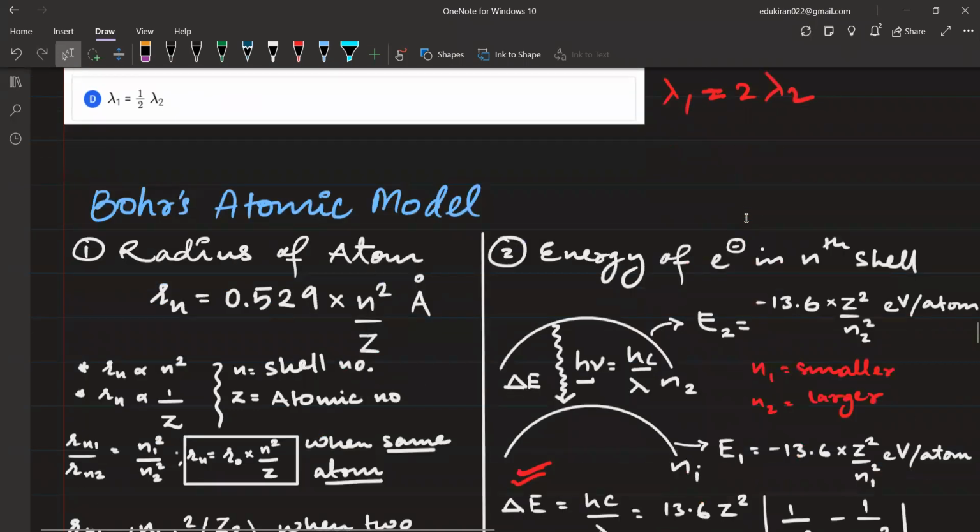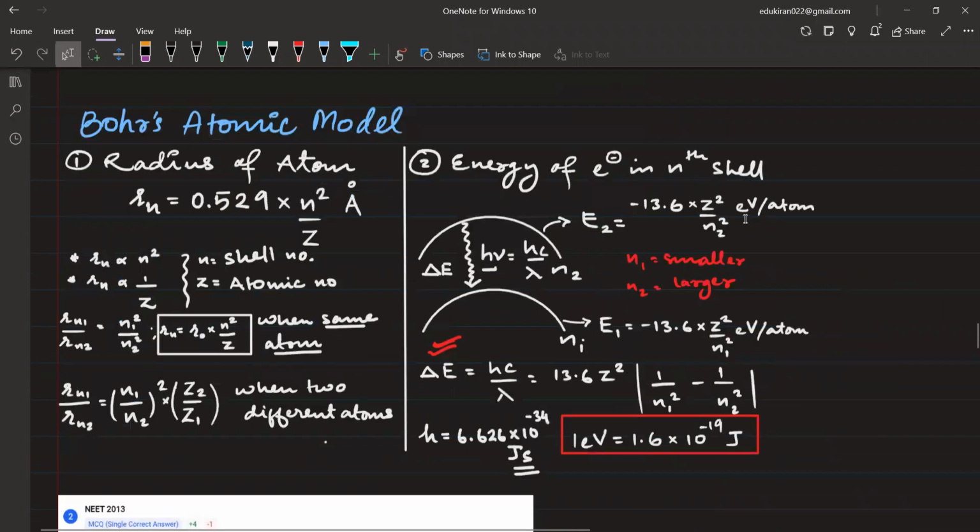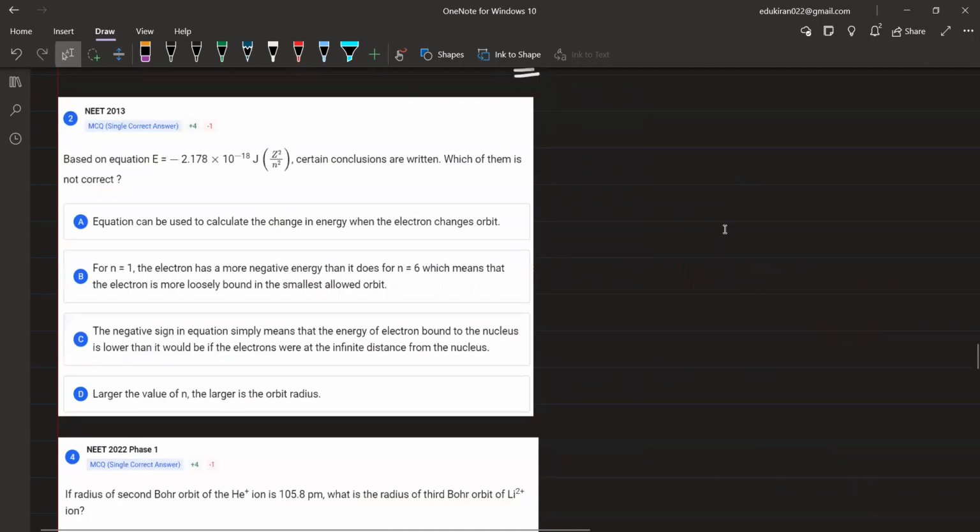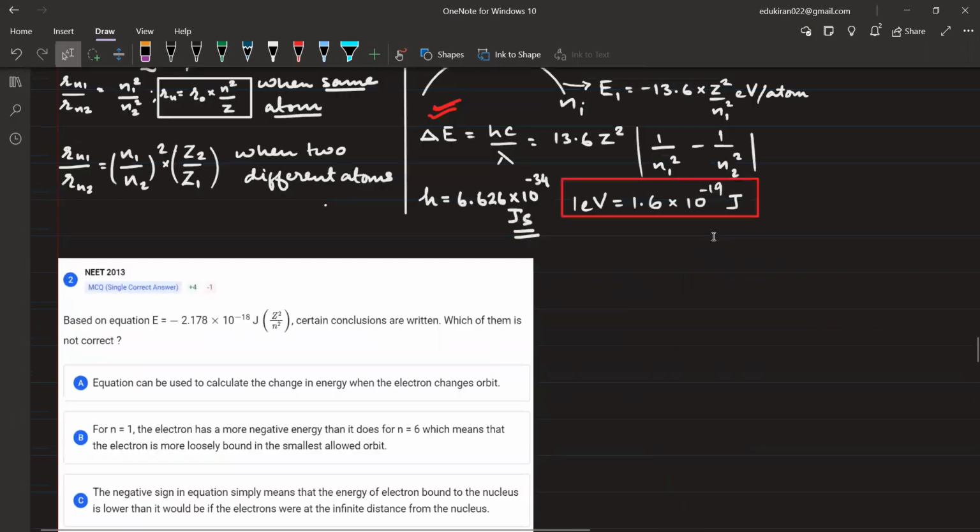चलिए, see है Bohr's atomic model, है ना, इससे कुछ सवाल आए हुए हैं, I think 2 questions आए हैं, इससे 2-3 सवाल आए हुए हैं, ठीक है, तो please see है